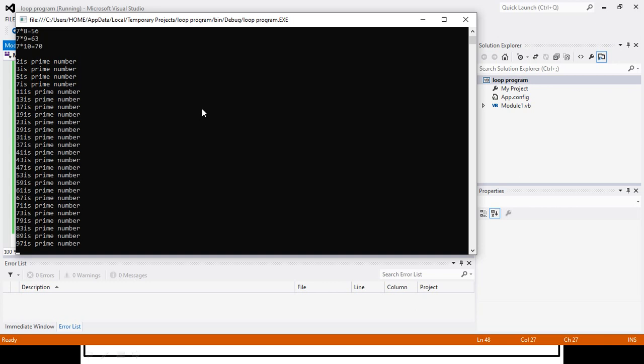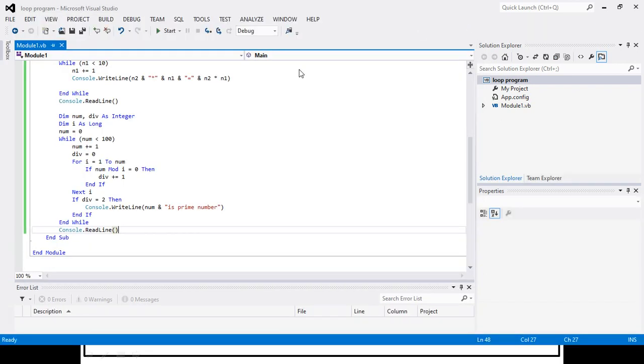So now, these are all the prime numbers, the numbers which are divisible by itself and 1 only. So only 2 times the remainder of that number division will be 0. So here we have done that condition checking and incremented this div counter, and finally we check whether div is 2. If it is, then we will display that it is a prime number.